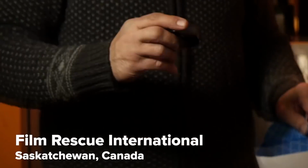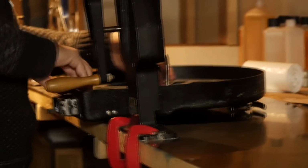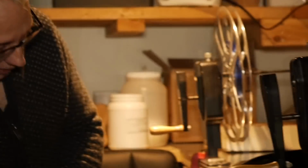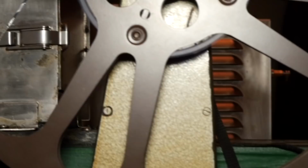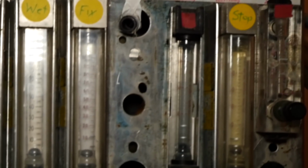Here's the film that Christian sent us. I'm going to take this film out of here, and I'm going to bring it into the vault here, which is a dark room now. And then once I load it into a magazine, I'm going to put it in this ancient machine here. It's a Jameson movie film processor. We'll go in this end, we'll go through a number of baths, and then we'll come out this end, hopefully